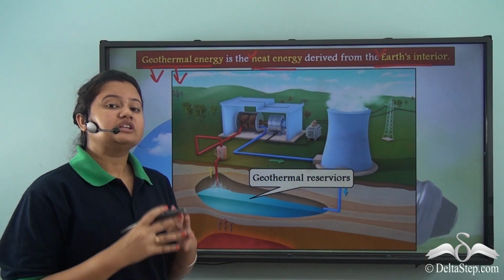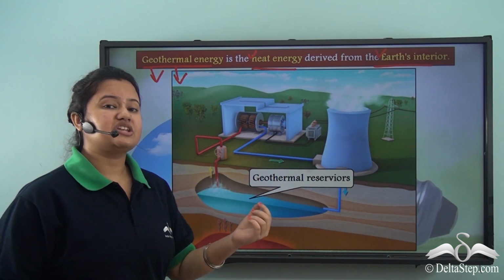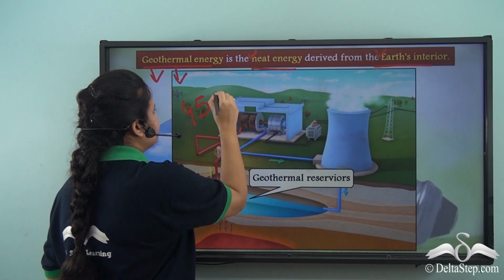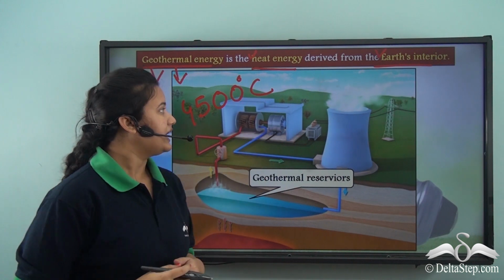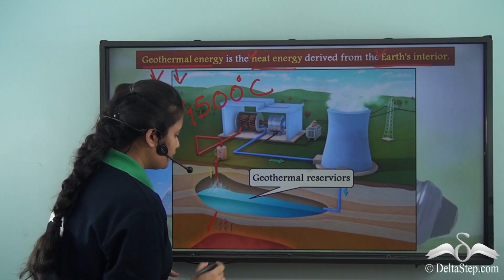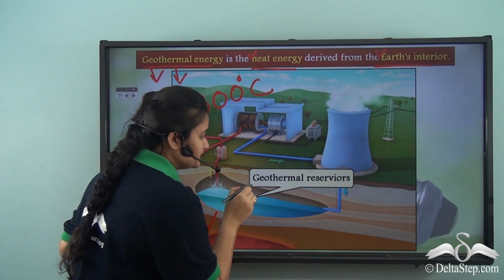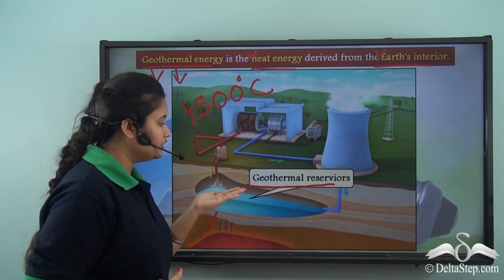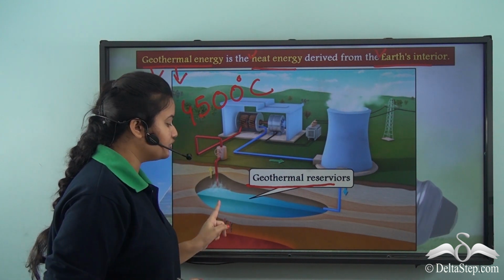Now, as we know that the Earth's interior is very hot, the average temperature of the Earth is 4500 degrees Celsius and above. This high heat often heats up the overlying rocks and the groundwater, and this is known as geothermal reservoirs. So geothermal reservoirs are the fluid or the groundwater that get heated up due to high heat of the Earth's